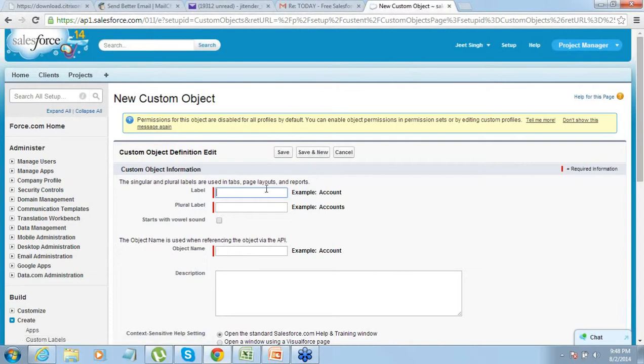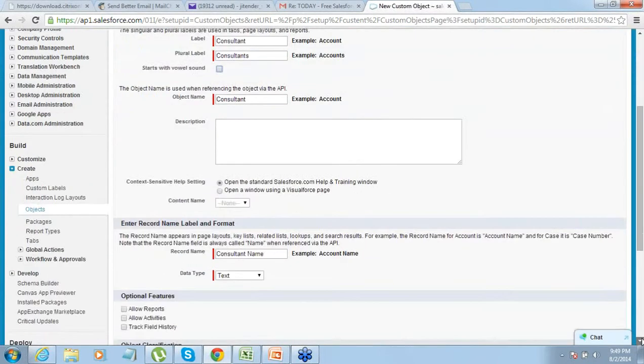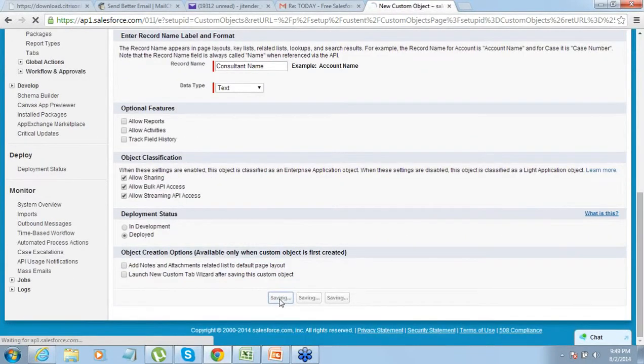Label is consultant, right? I want to create an object for consultant. So just don't do anything, click on save.